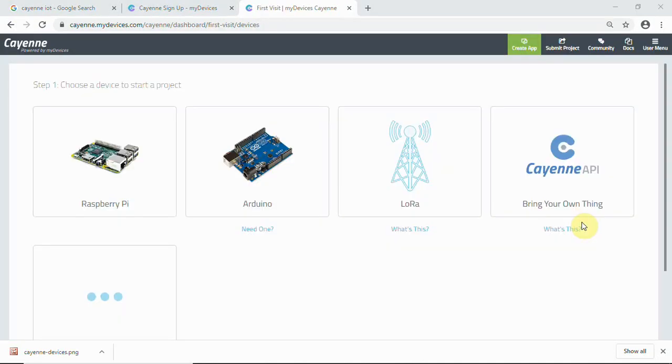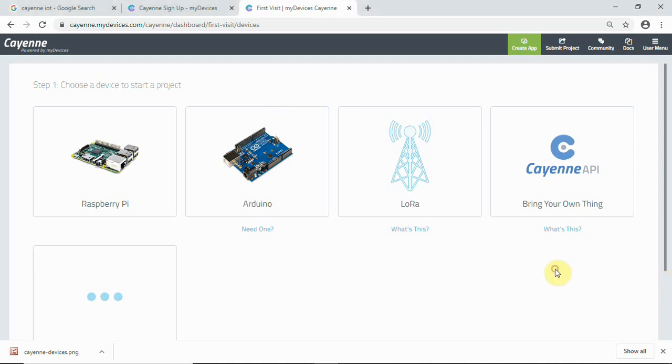Once logged in, you will have this page. After entering the login and password, you can see this page. This Cayenne is actually a free IoT dashboard which you can even use in PC or even mobile development. You can create your own dashboards, and you can have some GUI where you can monitor or actuate your devices using ESP8266 or ESP32 or Raspberry Pi or Arduino, whatever device.